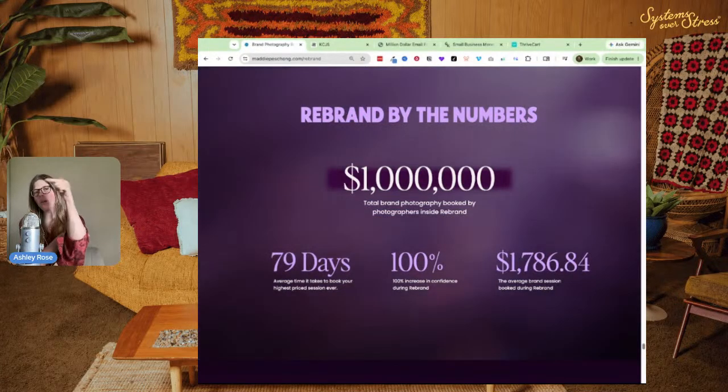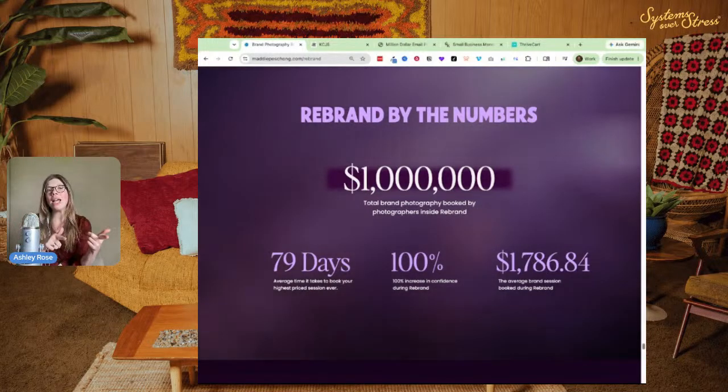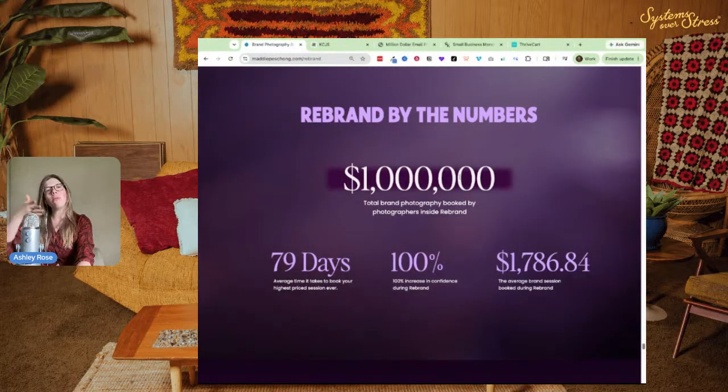So I know how she's getting these numbers. It's because of how she's tracking it. But she had to decide what she cared about showing and marketing on her sales page. So that's what I want you to do. So hopefully these examples are interesting to you. I know these are all numerical based, but it doesn't have to be numerical based.